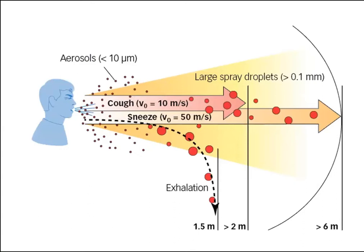Well, where do we derive that figure from? So essentially, we've just looked at a couple of videos of the aerosol generation here of the sneeze reaching 50 meters per second. And essentially, you're going to blow these large spray droplets out to a distance of up to 6 meters. So this is why we need to catch a sneeze. Ideally not in our hands for reasons I'll explain, but in some form of retardant